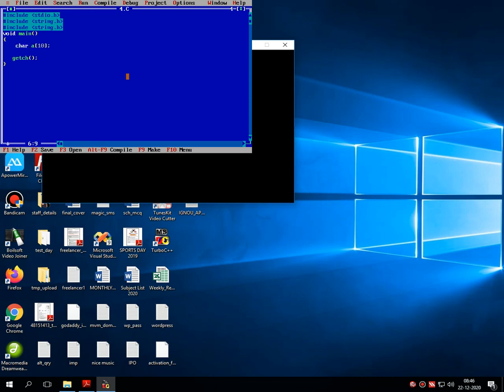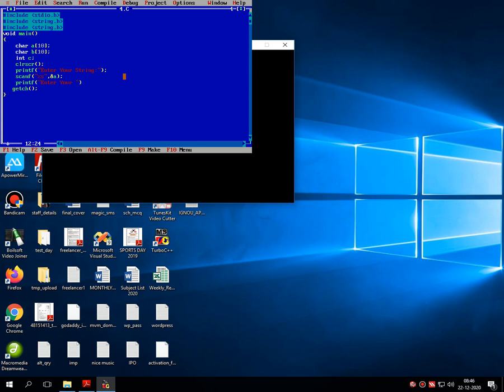That means character a into the bracket 10, then character b into the 10, my second string, then integer c is to return the position from where the string difference starts, then clrscr for clearing the screen, then the first message printf, enter your string, then scanf percentage s comma ampersand a,